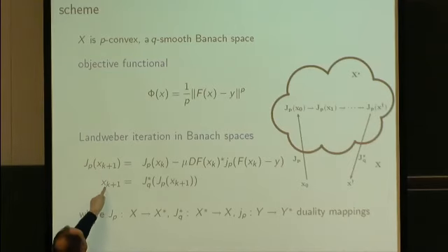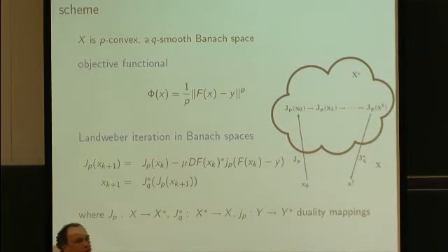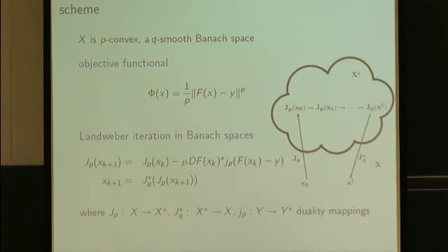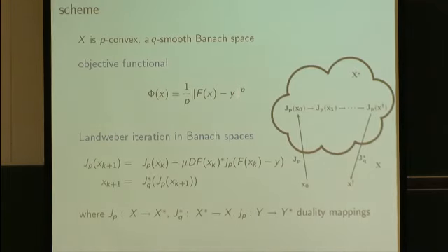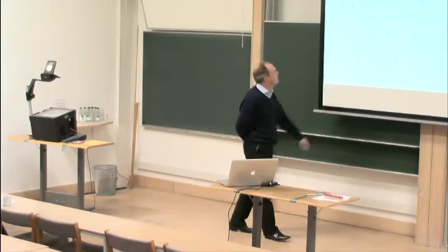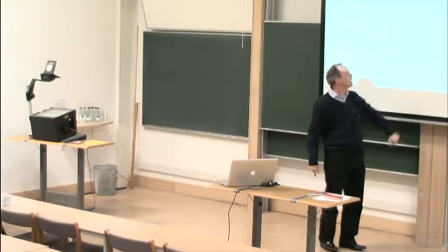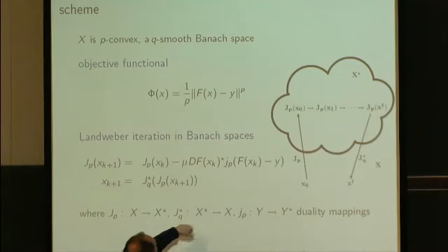To find the next step, you have to apply the dual back to the original space, the dual of the dual. So it is essentially a two-step iteration. But think of this as replacing your standard adjoint state if you follow a Landweber iteration approach. And so again, J_p is the duality mapping from X to X star. J_q star brings you back. And small j_p, which is over here, does the duality mapping on the data side, the side where the Dirichlet-Neumann map lives. So that is roughly how the machinery works.